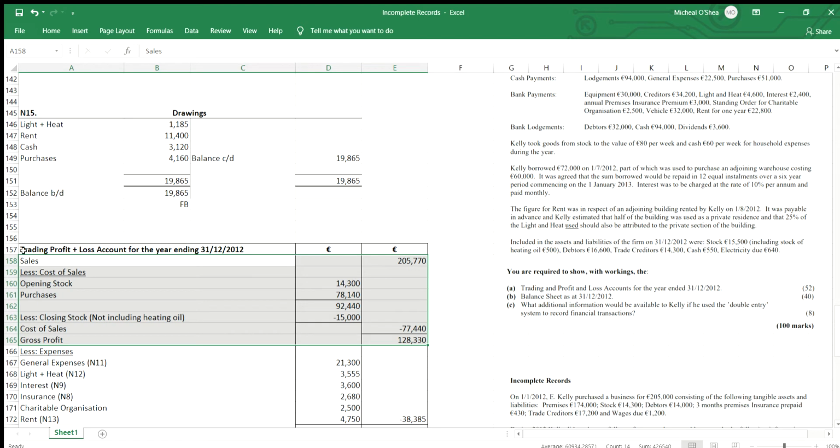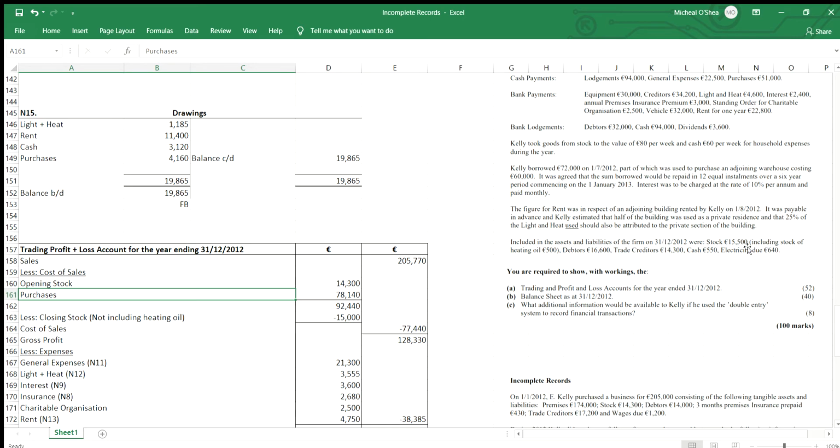We're looking at how much money we're making from actually trading, so we're only looking at what we're selling. The heating oil has nothing to do with my trading. That's just an expense I pay so I can heat my building. If I was Adidas, buying in different materials and producing jumpers, tracksuits, runners, and all these things, all of the